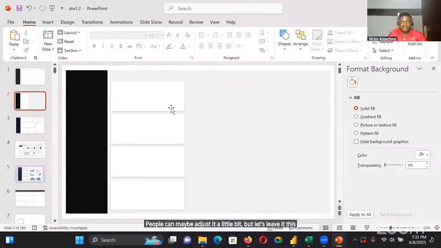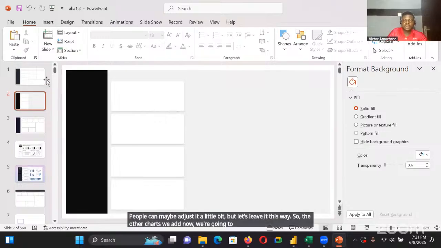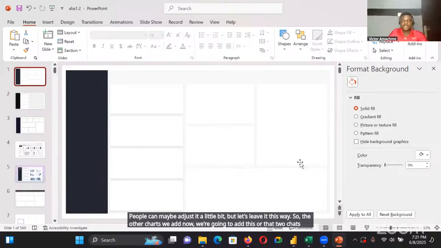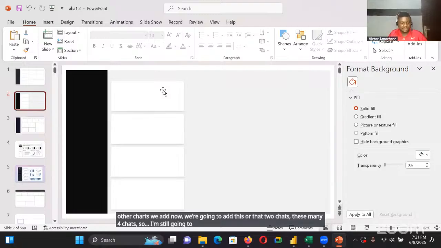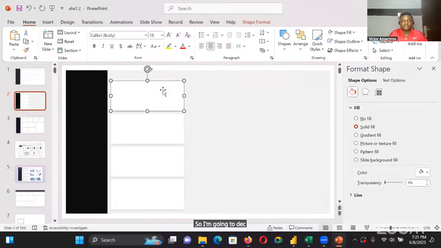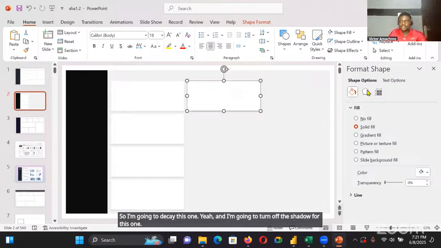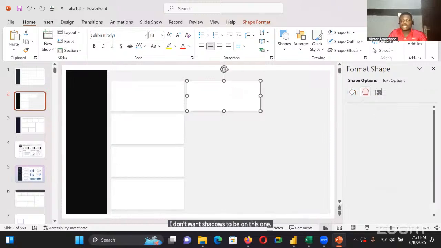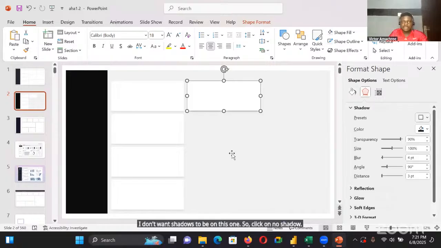The other charts we're going to add now are the remaining 4 charts. I'm still going to use the white shape, so I'm going to duplicate this one. Then I'm going to turn off the shadow for this one. I don't want shadows on this one, so click on no shadow. Then I'm going to adjust the width and the height. I'm using 1.95